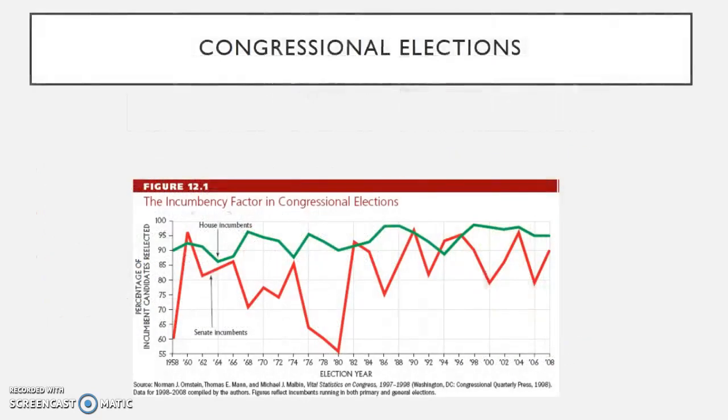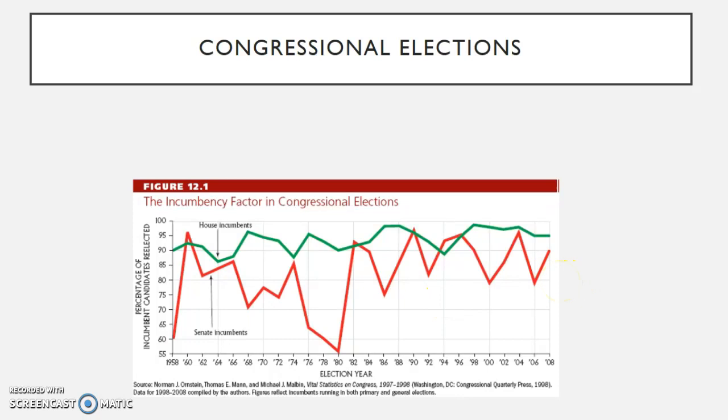Now, segueing now into congressional elections, there's this word known as incumbency, and that, of course, refers to when a person who's already in office seeks re-election. And if you look at the incumbency factor, members of the House have a pretty good chance of getting re-elected. In some years, almost close to about 100%. You'll notice that the Senate is a little bit more difficult, but still they're maintaining at least a high over 55%. And that looks a little bit more of an anomaly. I mean, for the most part, it's hovering around 80%.